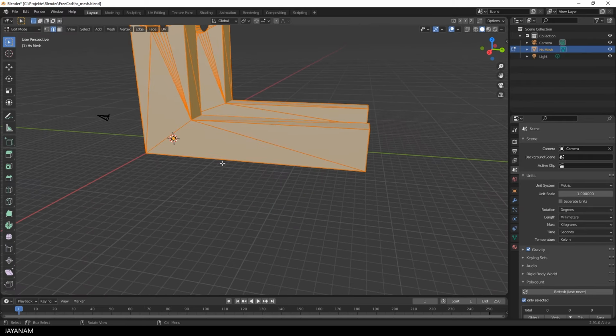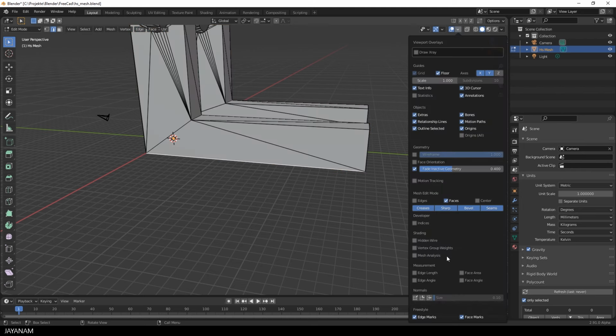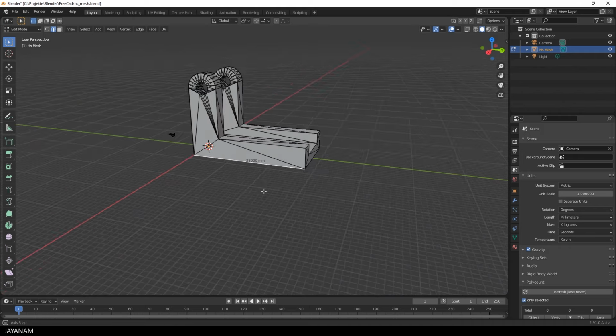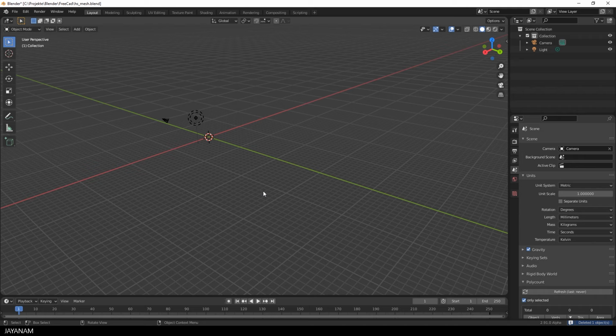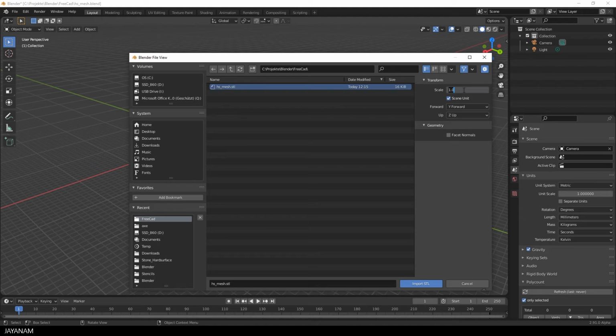I switch to edge selection and select it. Then enable here in the overlays the edge length for the measurement. And here you see it is 1000 times too big. Seems like it is interpreted as meters. Okay, now you could scale this down 1000 times, but I like to remove it and import it again and use the scale feature in the importer. So I set the scale factor to